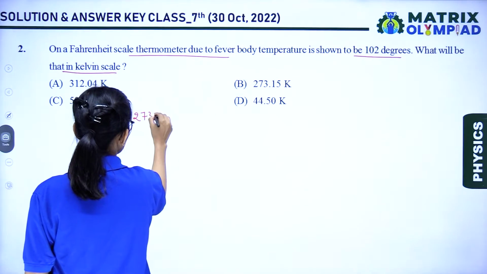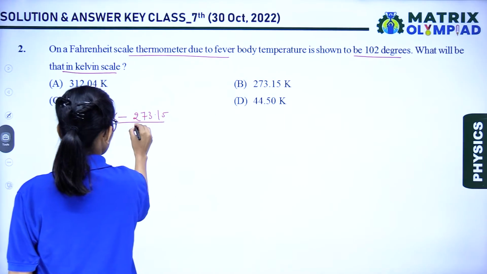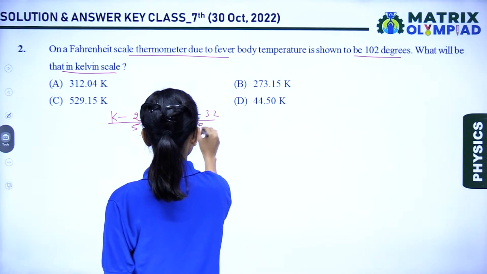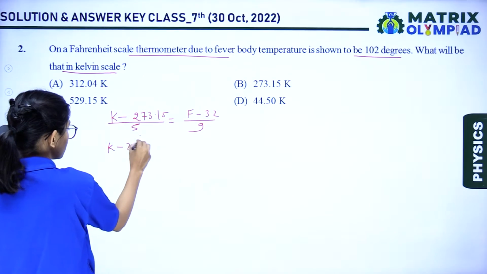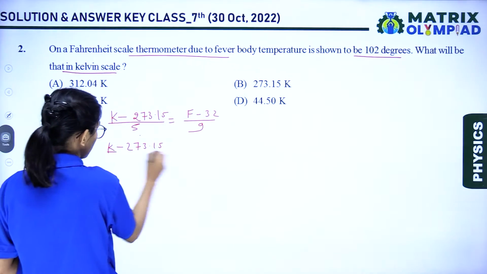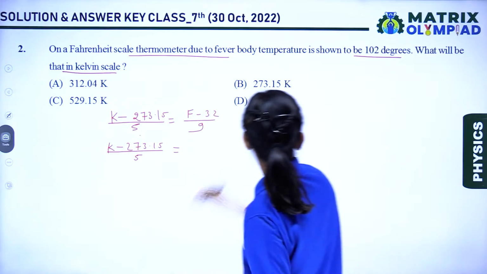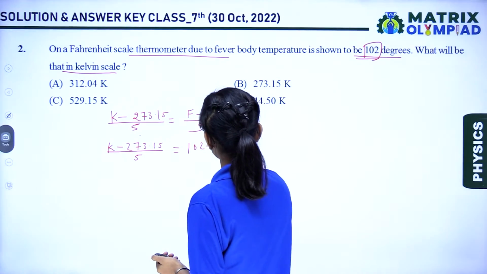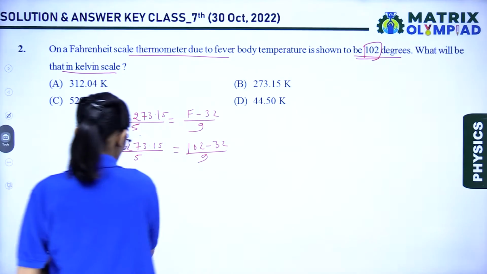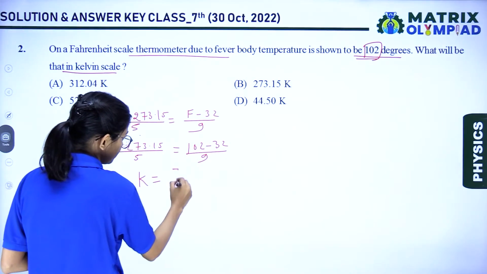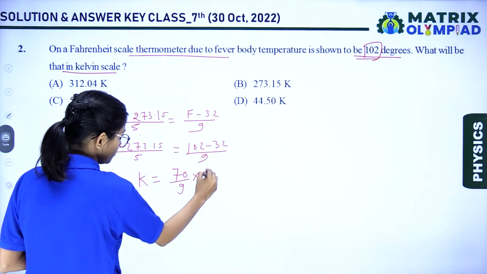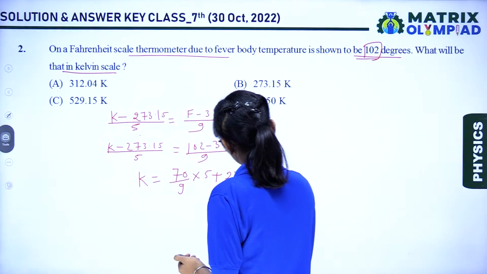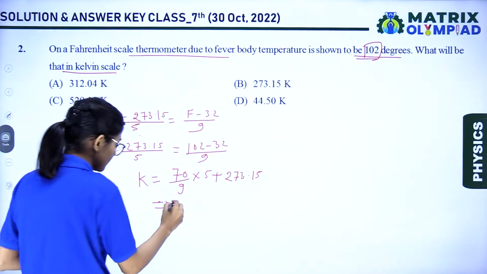(K minus 273.15) upon 5 is equal to (F minus 32) upon 9. Just put in the values: (K minus 273.15) upon 5 is equal to, what is the value of F? That is 102, so (102 minus 32) upon 9. Just find the value of K. Then this will be 70 upon 9 into 5 plus 273.15. If we calculate all these values, then we get